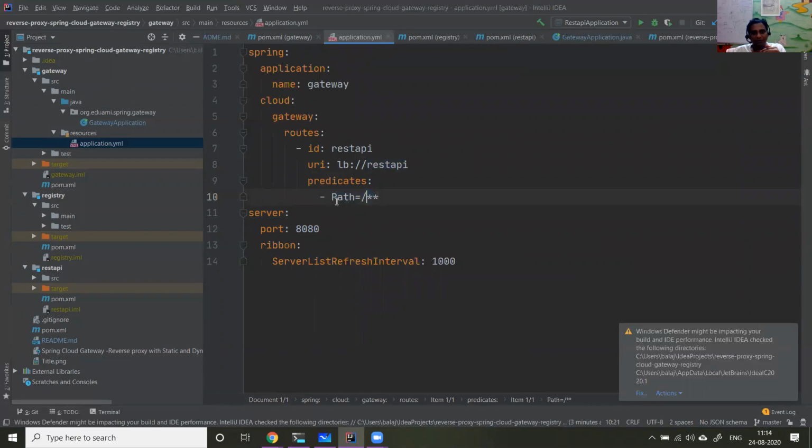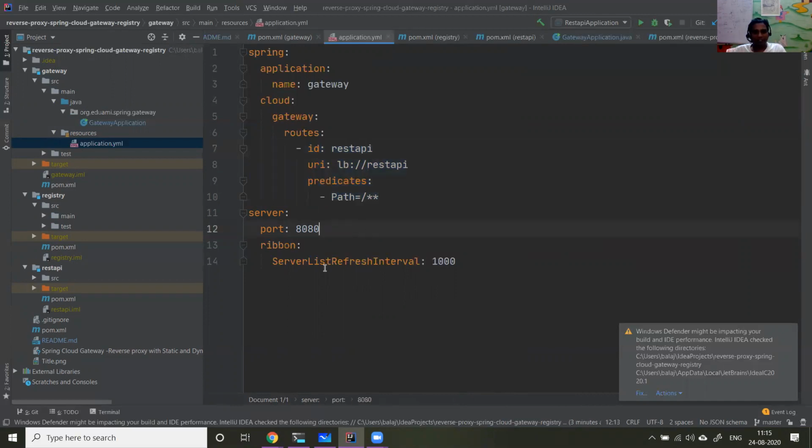Every request that comes to it gets forwarded, and you can forward every request coming to the gateway to a healthy Tomcat instance. I'm not going to explain predicates, routes and the like. My attention is more on understanding this whole architecture.